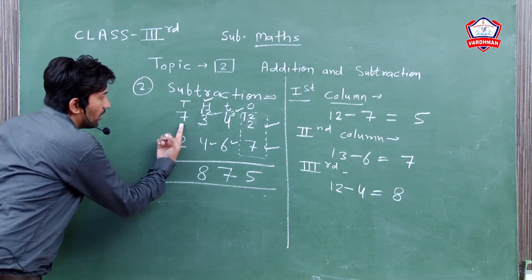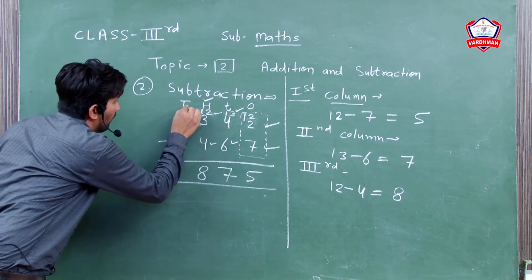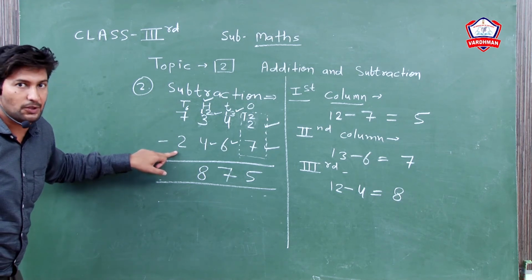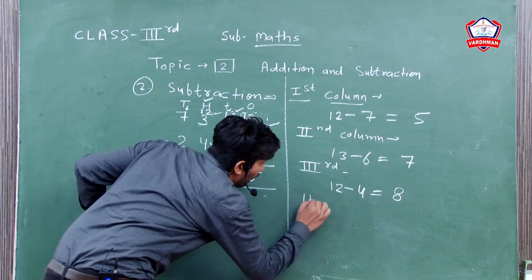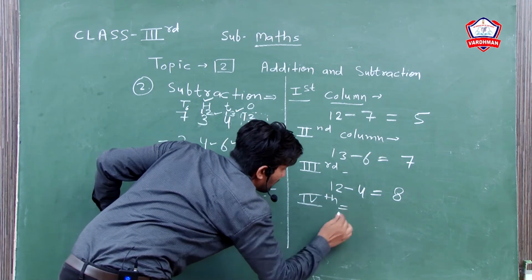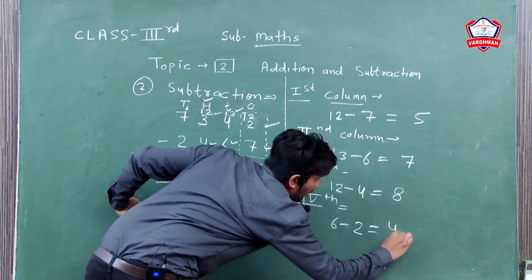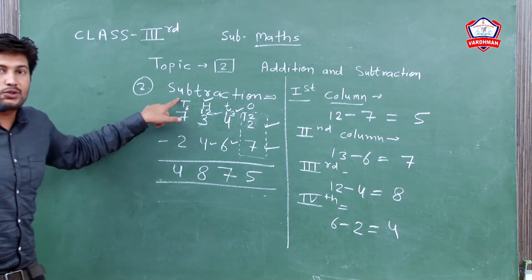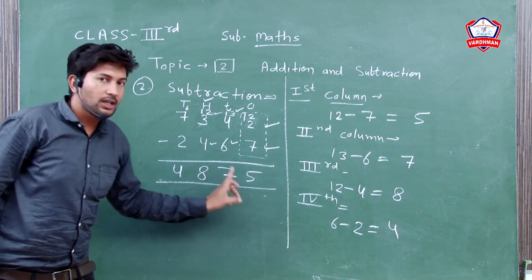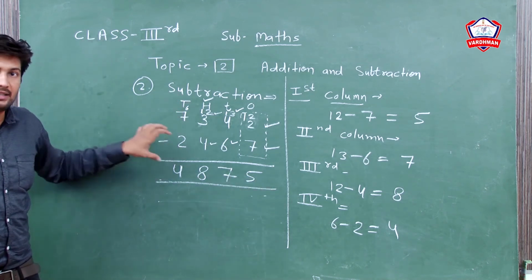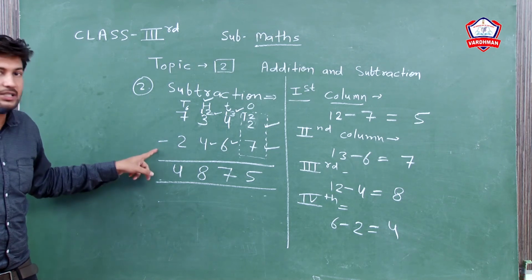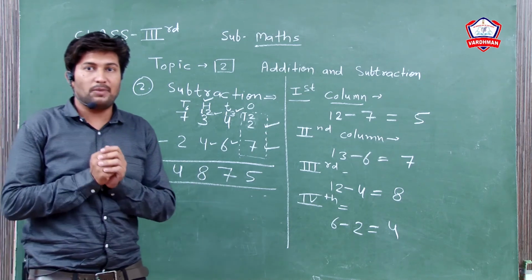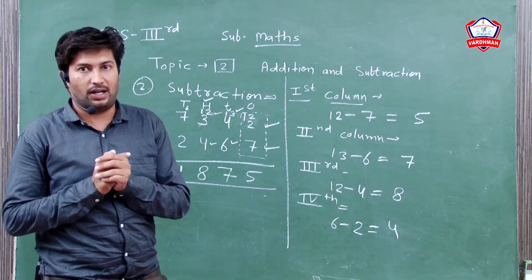Now we will take this 8 this way. Now 7 gives a carry to the 2, it becomes 6. Now 6 less 2 is the easiest part of subtraction. The fourth part is also easy. 6 less 2. It becomes 4. Now we will take the 4 in the thousandth column. Okay. Now we will get the resultant of this subtraction in this way. Now the harder part of this subtraction we will do in this way. Okay. Now you have some examples to take for your homework.